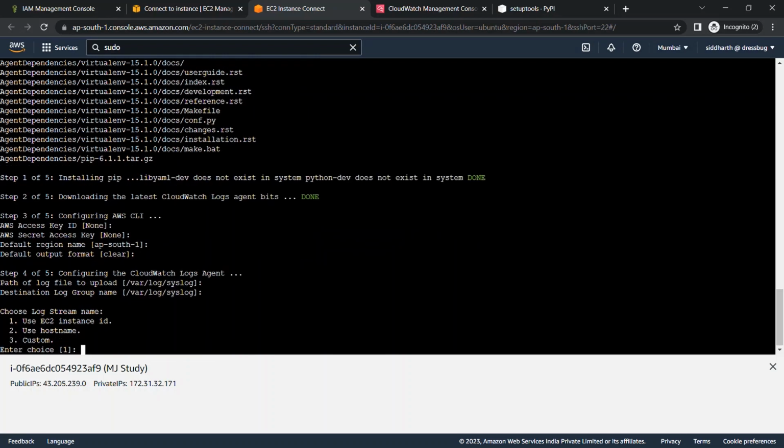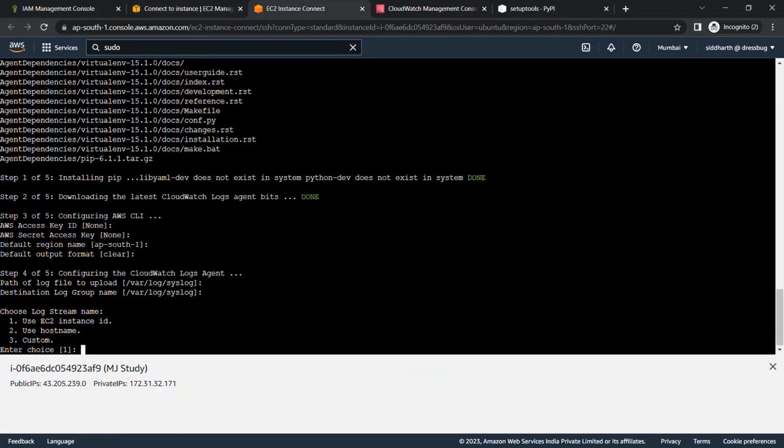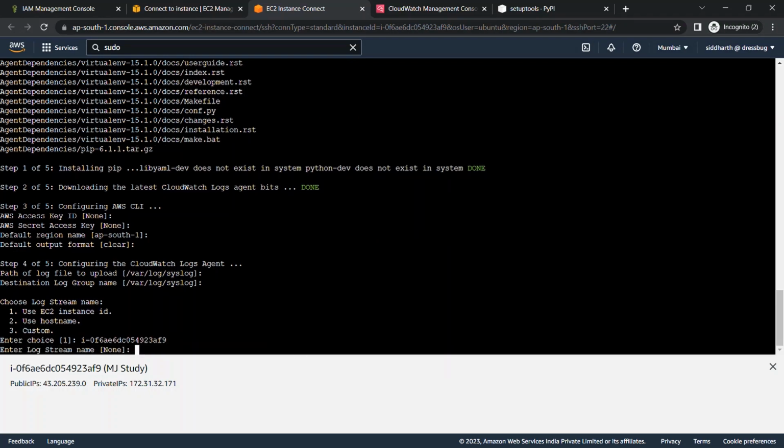Now choose log stream name: use ec2 instance id, use host name or custom name. We are going to use the ec2 instance id as the log stream name, so we are going to paste it. Now enter the log stream name. If you give any name, then the name should be shown in the CloudWatch management console. So we are giving the name mj study underscore log underscore